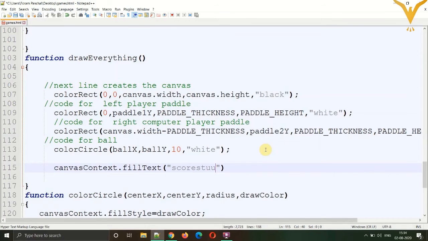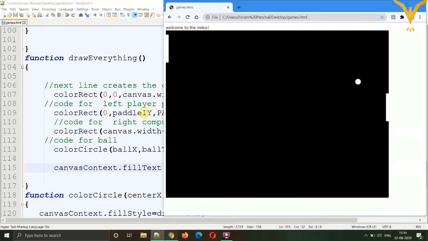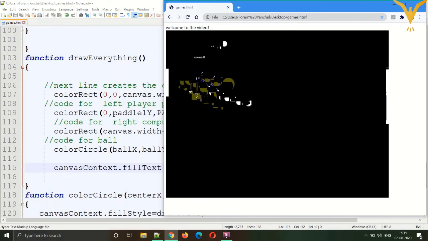Later we'll change it with the scores, original variables, comma, the position will be 100 from the left and 100 from the top. Save and refresh. Okay, so now you can see the word score stuff over here. It is using the initial color used for all these things, paddle and ball. It is using the white color.